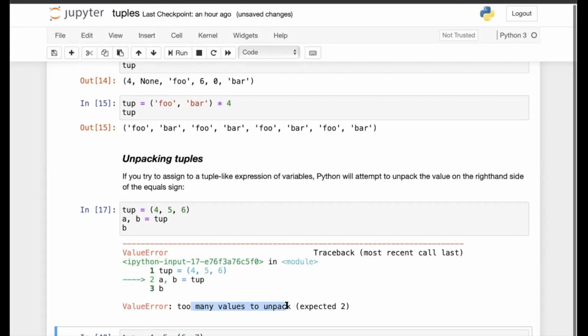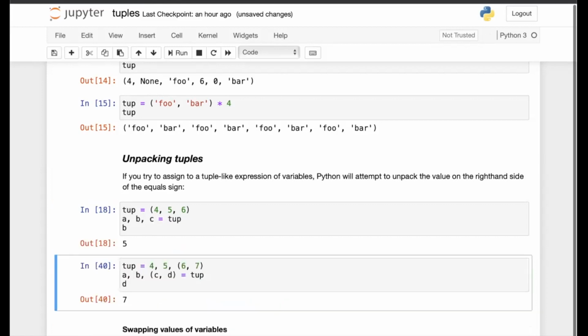It says too many values to unpack because when it unpacked, the Python interpreter saw that there are more values than the number of variables, so it is difficult for it to unpack this tuple. This is what we call unpacking of tuples, where the tuple comes on the right-hand side and the variables to which these values are assigned come on the left-hand side. So let's correct it.